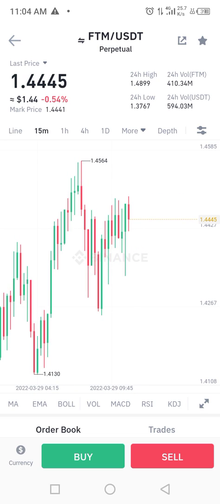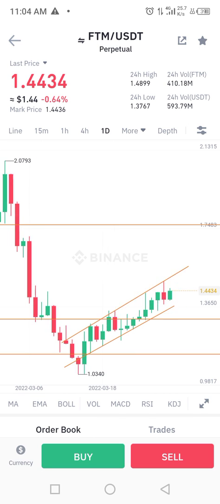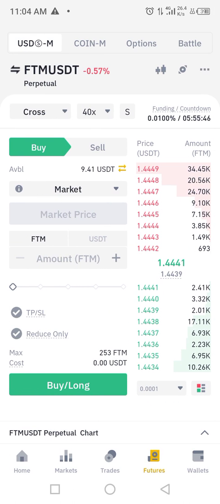These are different time frames. As an analyst, you can analyze so that you can know the entry and exit points you are getting. You understand? You can analyze the chart and set your entry and exit points. If you are buying, this means if you are going long. And also